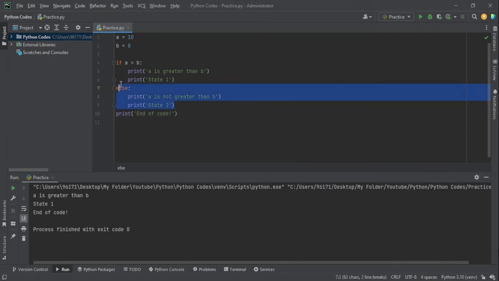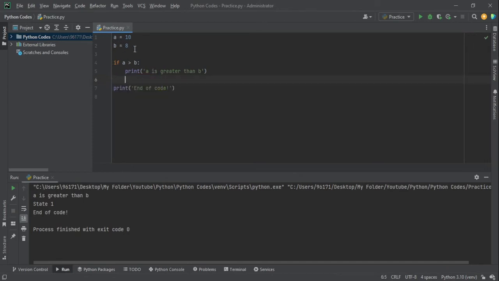Okay, now let's run an example here, introducing the else if case. So we have a and b as before. Let's say if a is equal to b, we use double equal to indicate a Boolean operation. So the condition should always be Boolean and should return either yes or no, true or false. If a is equal to b, one equal sign is for assignments, double equal sign returns Boolean. We print a is equal